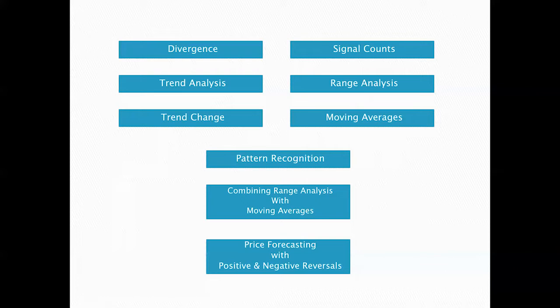But the most dynamic, unbelievable feature is that bottom box, price forecasting with positives and negatives. It's a pattern that shows that the momentum has fallen, but price does not drop as far as momentum did. And that discrepancy gives me the ability to project the next higher point in the new upside. So it's trend analysis, recognizing and identifying trend change, and price forecasting.